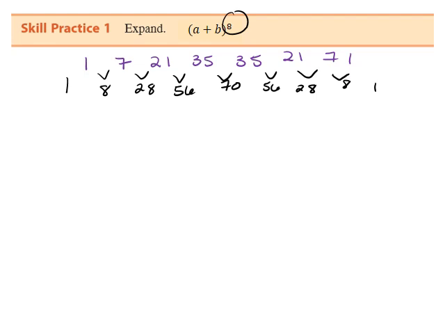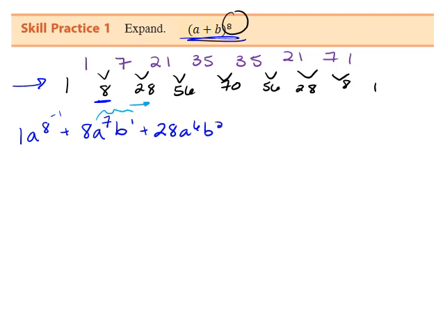So these are the coefficients of the binomial expansion. We will start with 1a to the power of 8 plus 8 times a to the power of 7, because I take 1 away from the first, times b to the power of 1. And remember, for my exponents, as I move to the right, I will take 1 away from a and add 1 to b. So my next term becomes